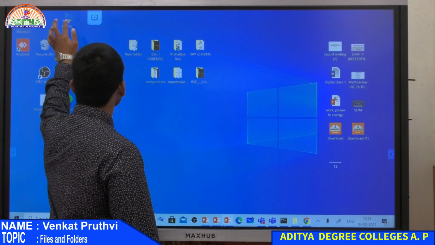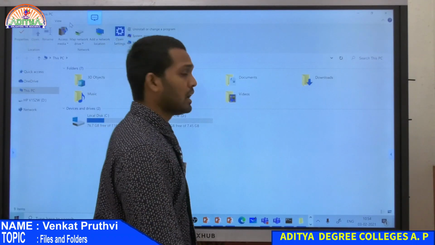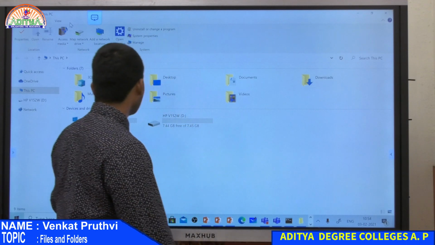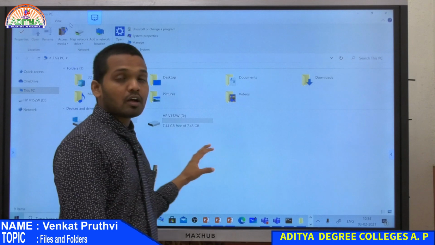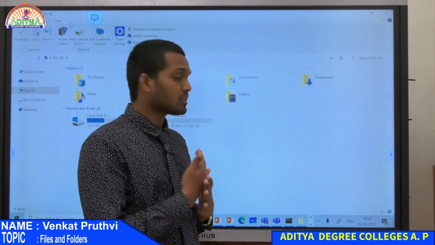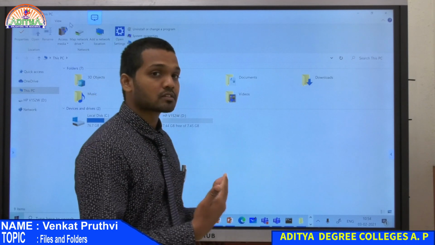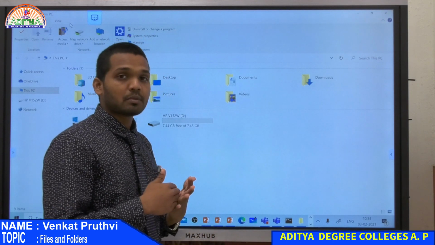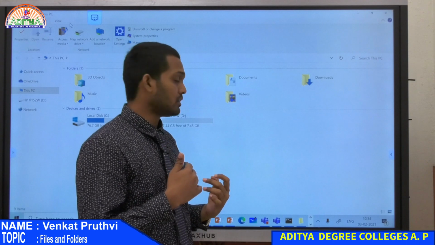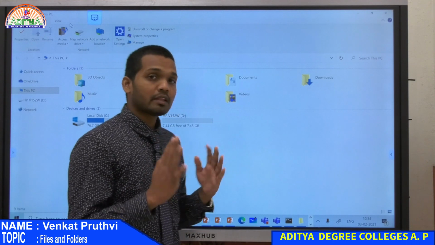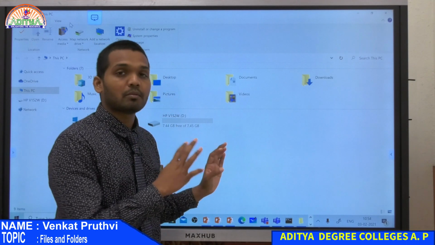Generally, the structure of your computer has different drives, and one drive has its operating system loaded. Whatever drives you see here are all related to your secondary storage. That means they are all related to your hard disk. Whatever the primary memory or primary storage is for the CPU to interact with the tasks, all that data or memory you won't be able to see over here.